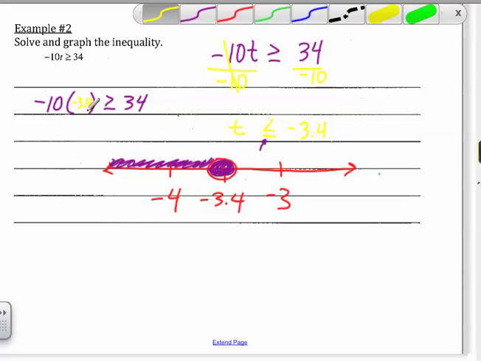All right? Okay. What about negative 3.4? What's negative 10 times negative 3.4, Justin? Positive 34. Is that greater than or equal to 34? Yeah, it's in the shaded area, right? So how many numbers are in the shaded area, Justin? An infinite number, right, of numbers that we could plug in there and it be true. Okay, so t can be an infinite